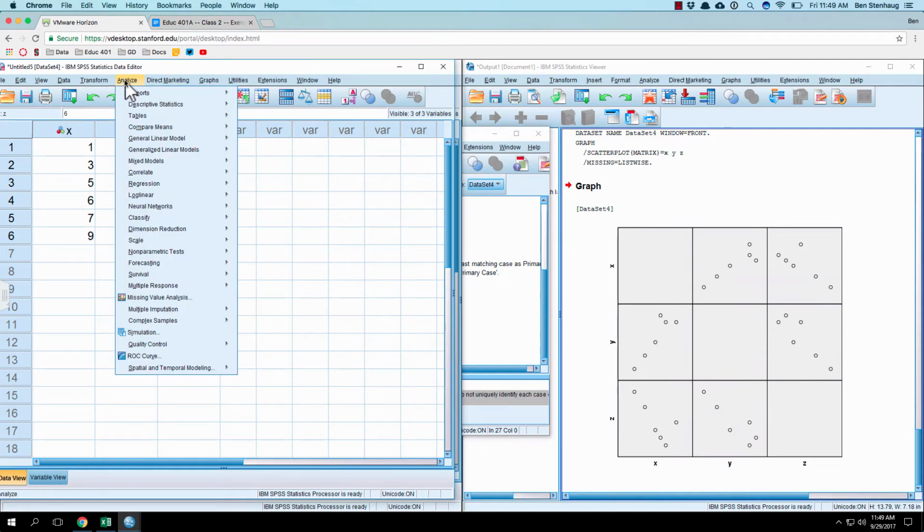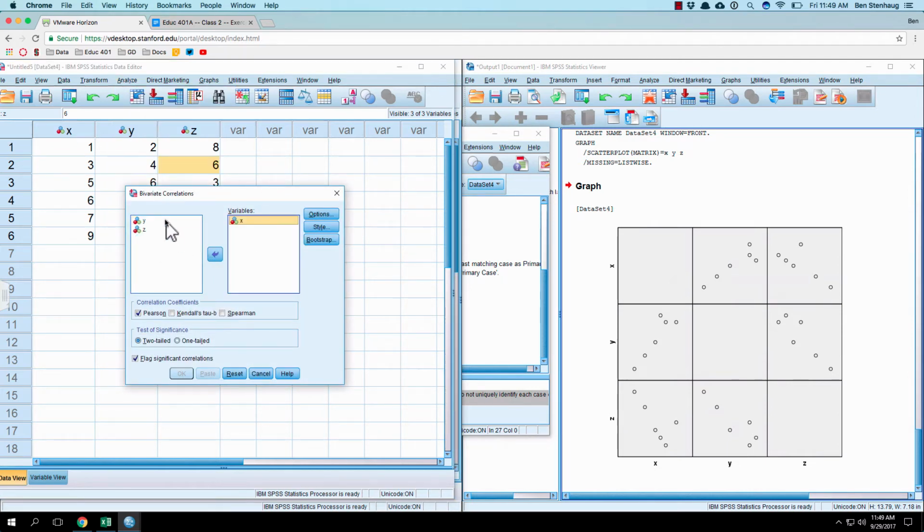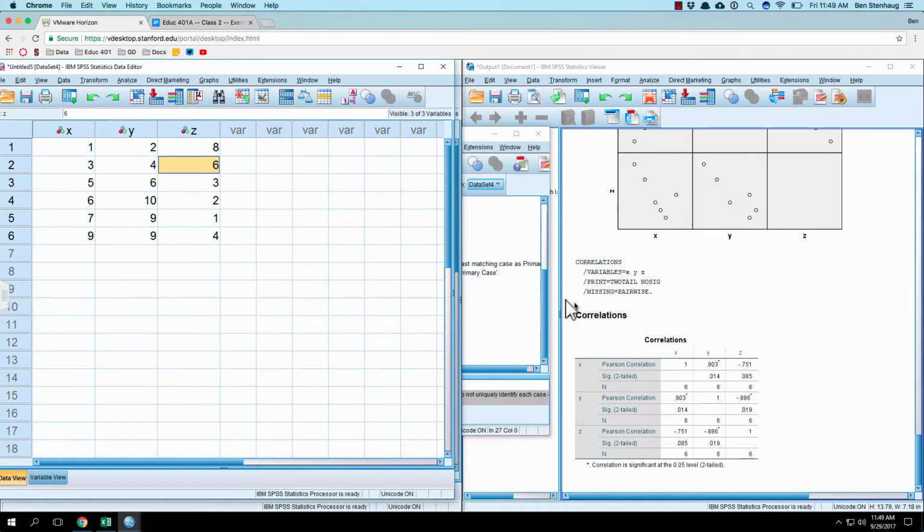We can do better though. I can go to analyze, I can go to correlate, and if you looked on Wikipedia, you get messiness about all these different types of correlations. Most people just use the bivariate correlation. And I'm going to say, what are the correlations for all of these things? So when I run this, I'm going to get kind of a similar scatter plot matrix,